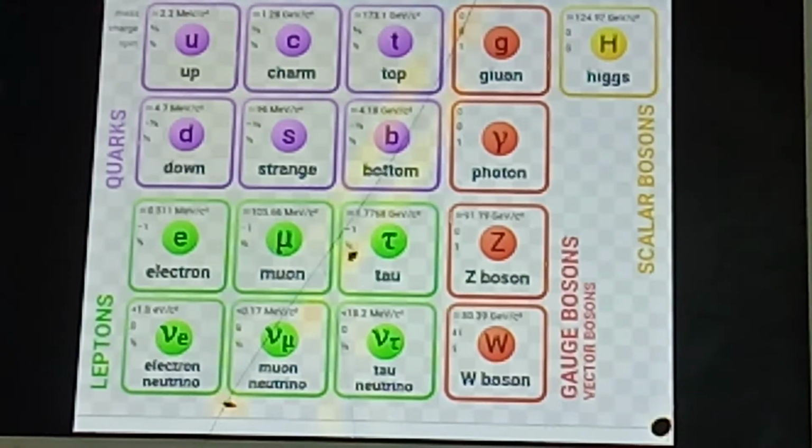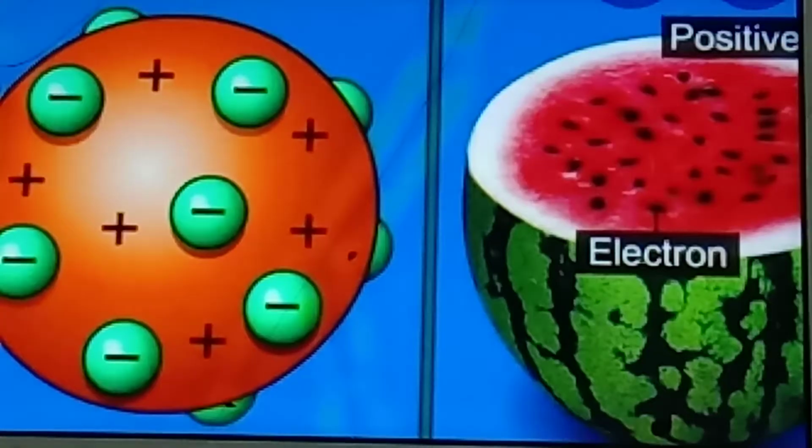Okay students, in this lesson we learned about Dalton's atomic theory and its postulates, and also Thomson and fundamental particles. In fundamental particles, we discussed the CRT. CRT means cathode ray tube. And also we learned about the Thomson atom model, and why this atom model is called the watermelon model and plum pudding model.